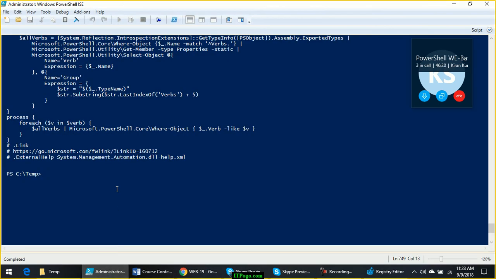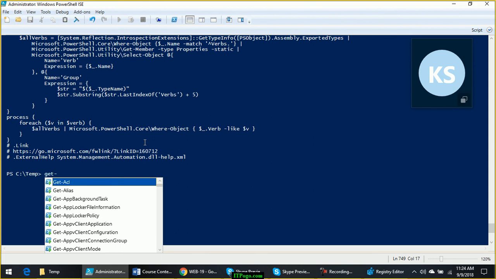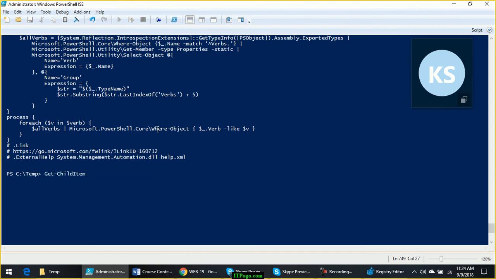Because in the file system these special characters are treated differently. For example, when I give dir test question mark, I am actually running the command Get-ChildItem -Path test question mark. This is the command which is getting executed when I run dir test question mark, because -Path is a positional parameter and Get-ChildItem is the main command for which dir is an alias.